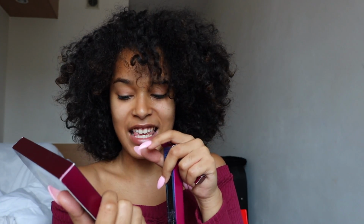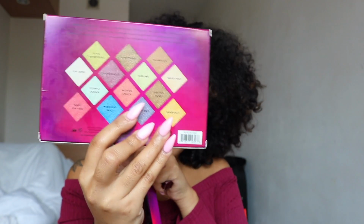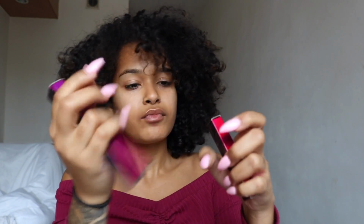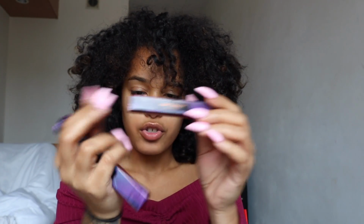So I got the eyeshadow palette, the Galaxy eyeshadow palette. I got a lip gloss in Spacesuit. And then I got a lipstick in Supernova. So basically I bought more than I told myself I would, but I wanted to get a little bit of something from everything. The only thing that's new in this collection that I did not get was the eyeliner,